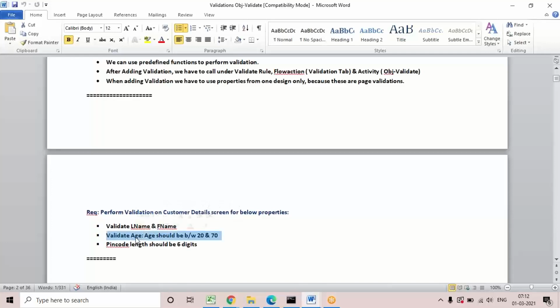And the second condition, I'll take age as the example. I want to set an age limit, so the value must be between 20 and 70 only. Okay, if I give a value,